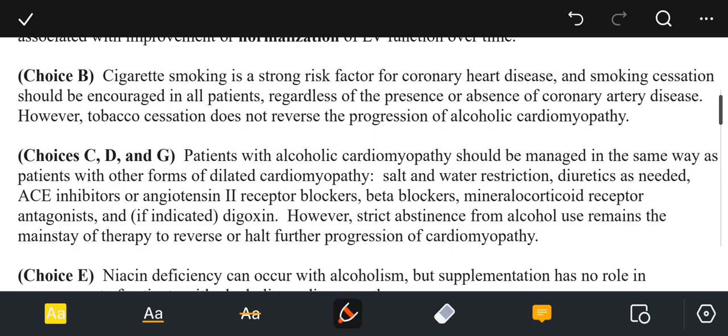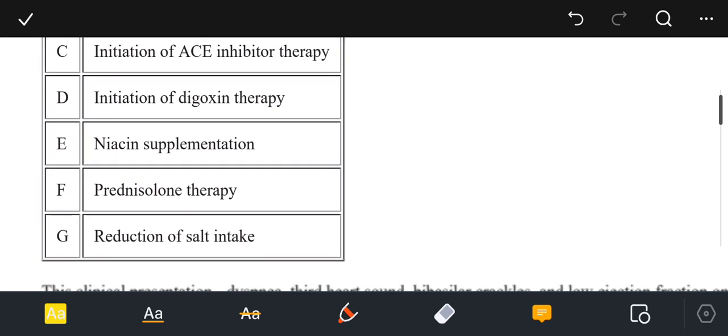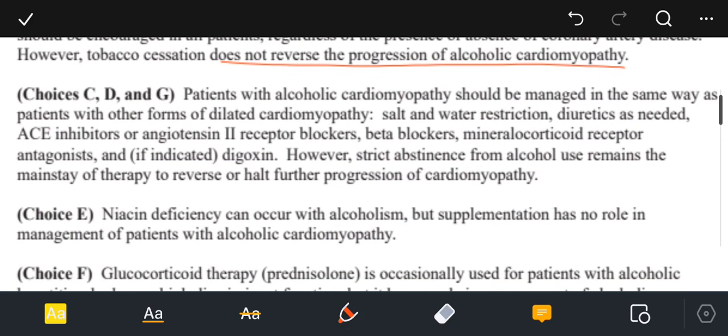cigarette smoking is a strong risk factor for coronary heart disease and smoking cessation should be encouraged in all patients regardless of the presence or absence of coronary artery disease. However, tobacco cessation does not reverse the progression of alcoholic cardiomyopathy. Choices C, D and E, none of them were the option of choice, because initiation of ACE inhibitor therapy, initiation of digoxin therapy or reduction of salt intake were not the option of choice because